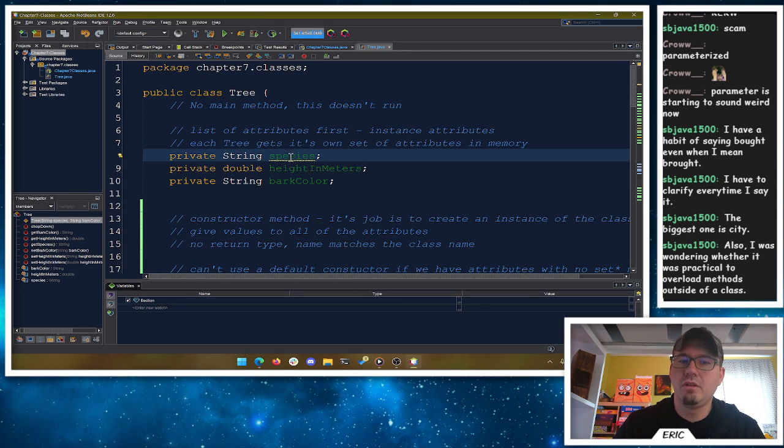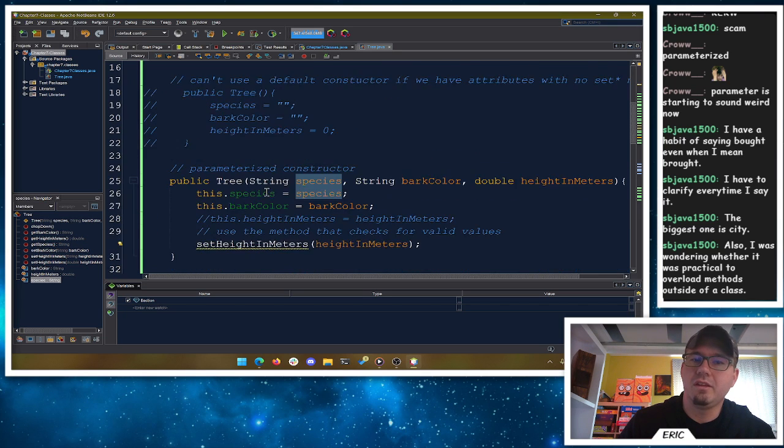And now we get a little suggestion here. It's saying, hey, this field can be marked as final. So we looked briefly at this idea that you can make these named values, those constants. If you call a value final, it means you can set it once and never change it again.